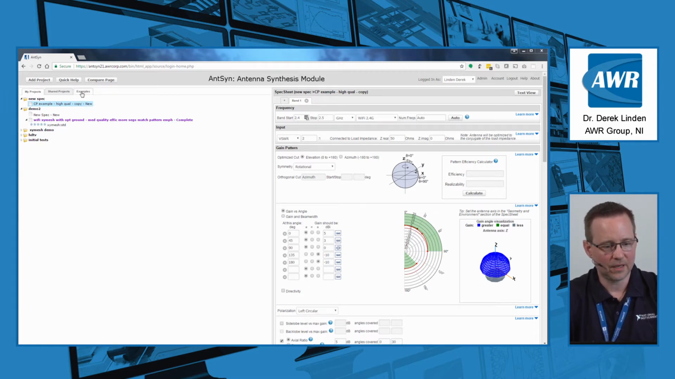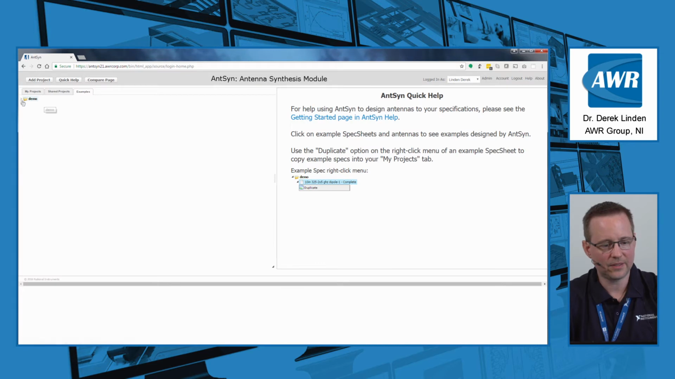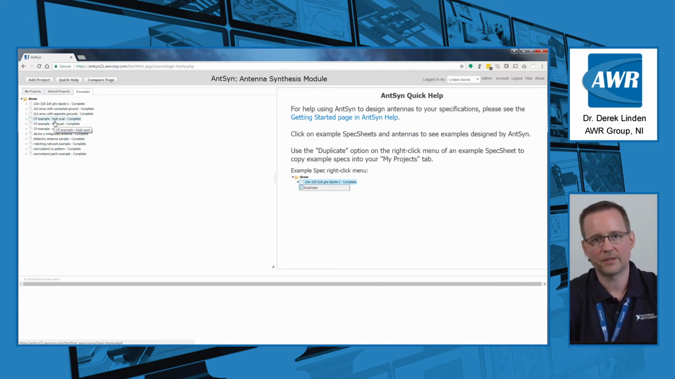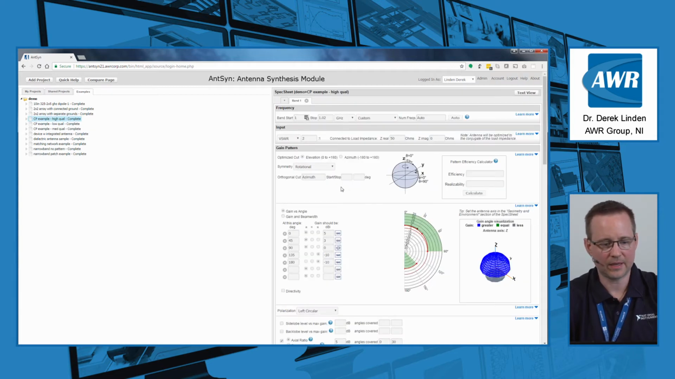First of all, one of the very handy features that often goes unmentioned is how to bring antennas into your own directory from the examples. So let's say you like what you have gotten from this circularly polarized example, but you want to change the frequency and maybe a few other things. All you have to do is right-click on the name of the specification in the example list, and then click